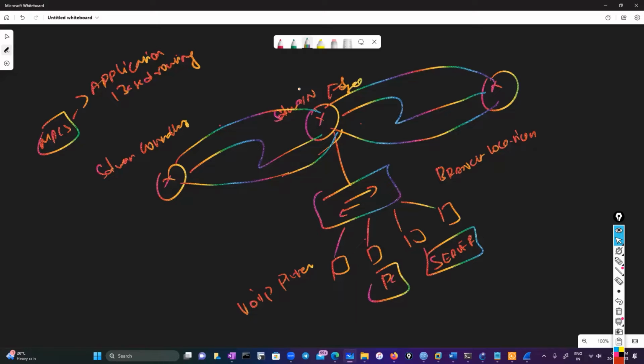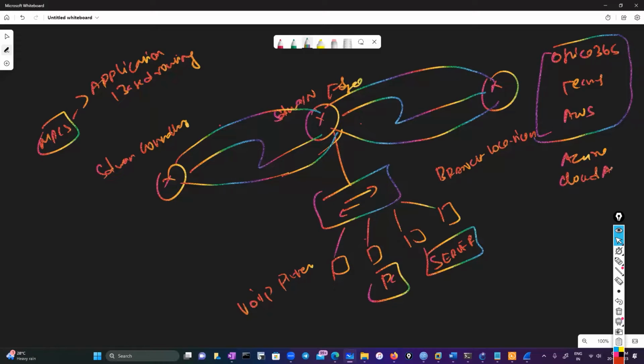higher degree of advantage is that you have moved everything from on-premise to cloud. You've got your Office 365, your Teams, and all your on-premise applications that have been completely migrated. Now it's AWS and all this, right? Your Azure Cloud AD, Active Directory, is all hosted in the cloud. So what exactly is the SD-WAN doing here? Based on application-based routing and QoS, if this particular PC is sending traffic to Teams,